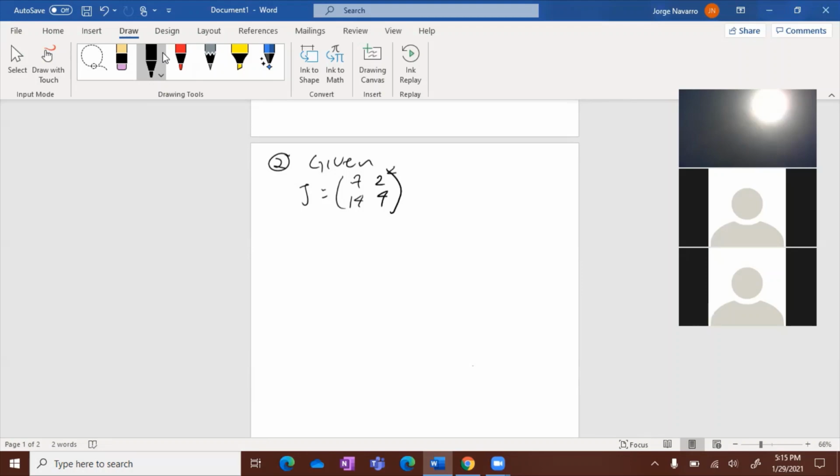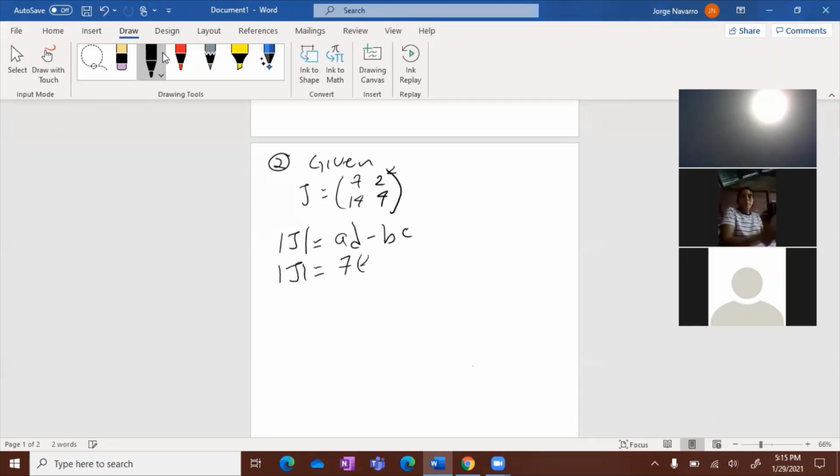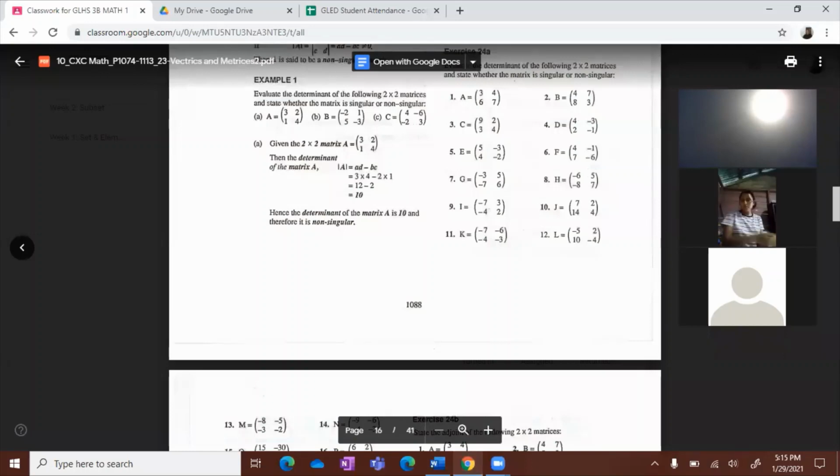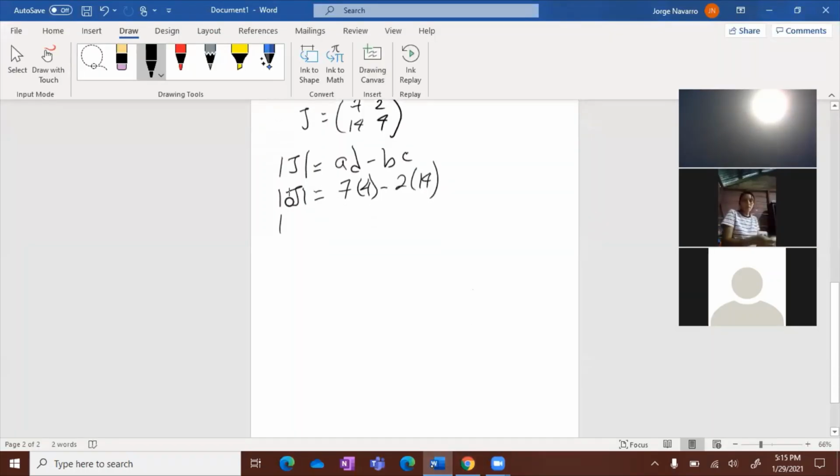All right. So here let's begin. So we're gonna have the determinant of J, AD minus BC. So the determinant of J will be 7 times 4 minus 2 times 14. You see, that's the thing with this. All right, the determinant of J then is 28 minus 28. So the determinant of J is 0. So this is singular, and we can see automatically there